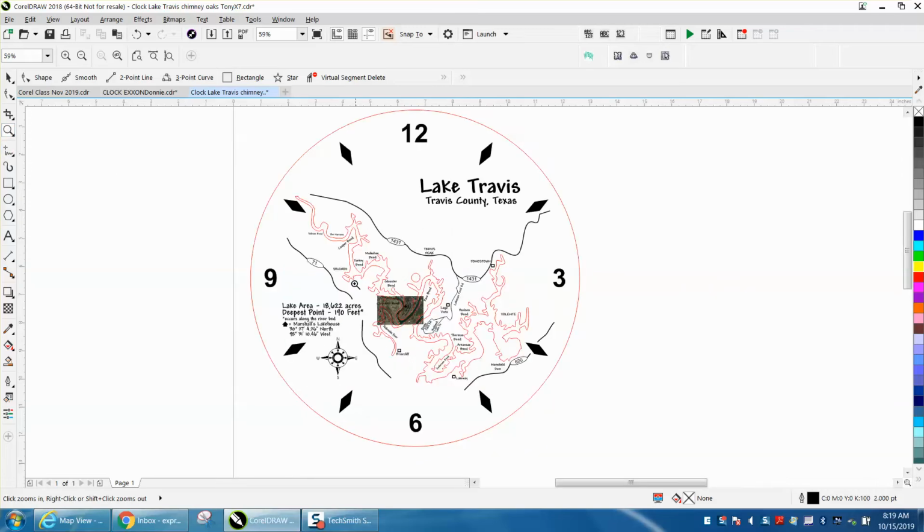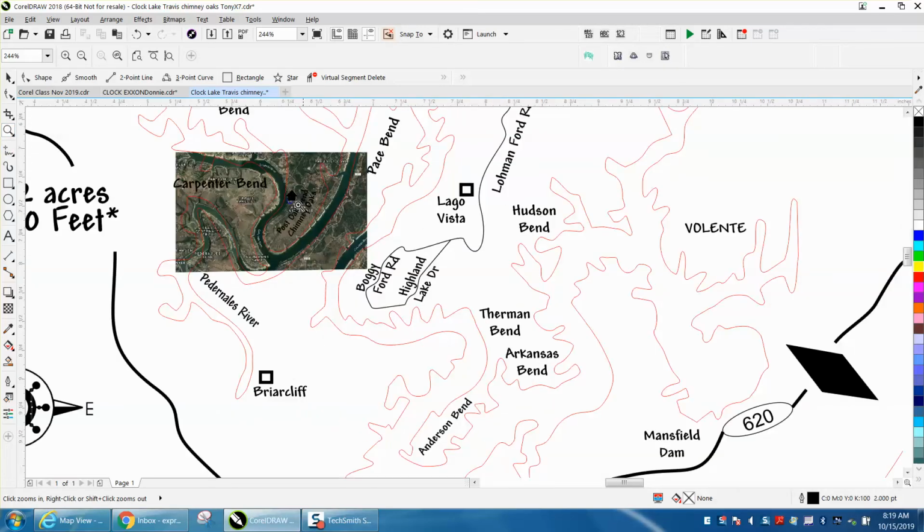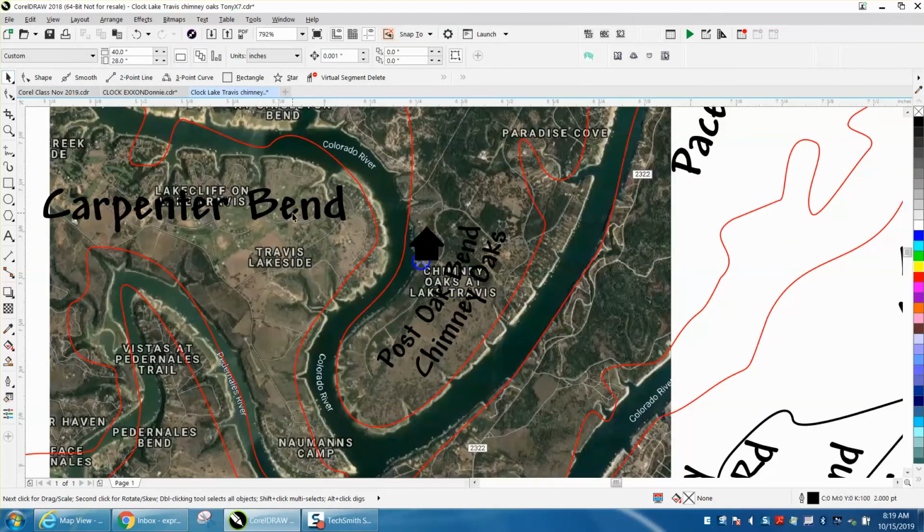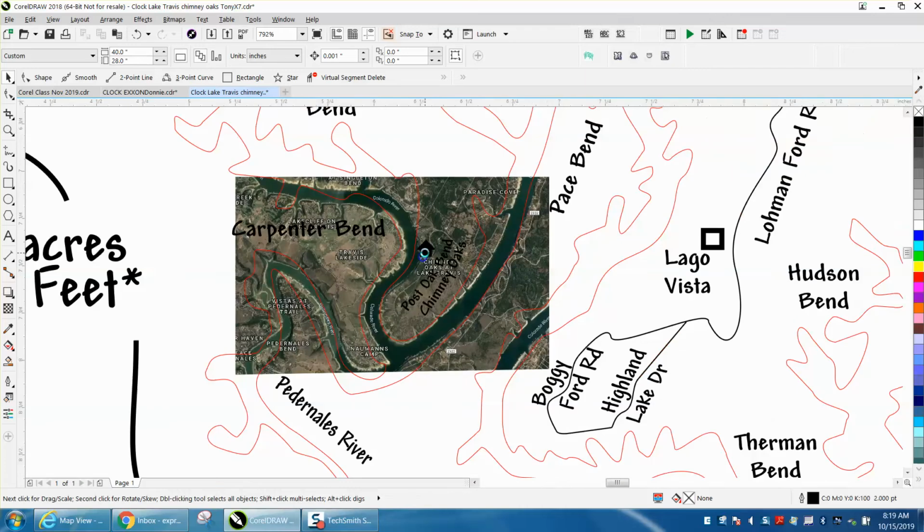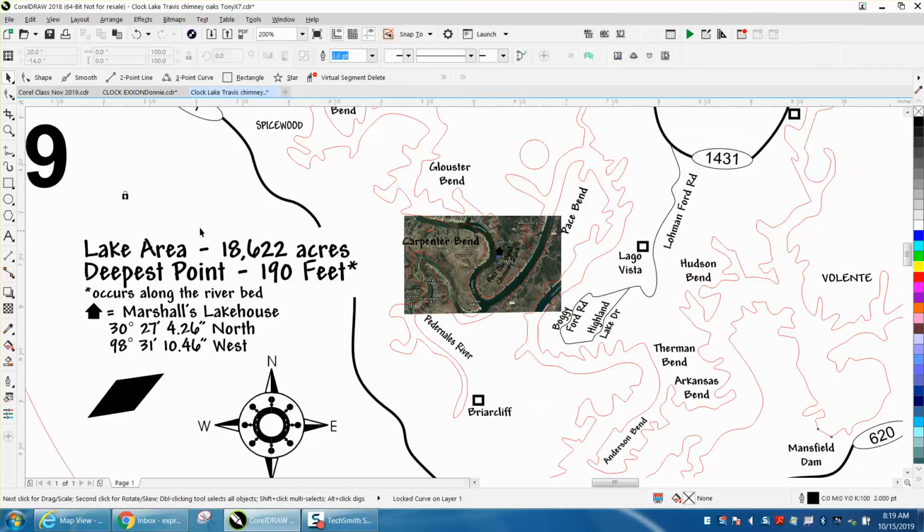So I've got this photograph of the lake and from a GPS, and I've done several videos on this. I've got the photo in the background so I can see the lake, river, and my lake doesn't match this particularly, but I marked a blue spot, and then I've got a house. So one thing, I've got the map locked, so I can't move anything